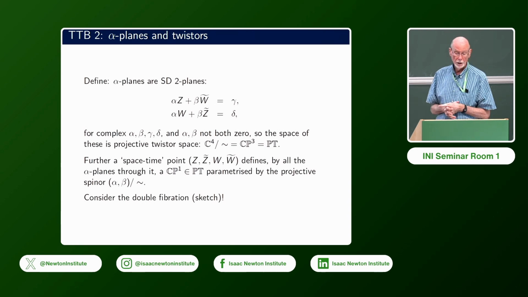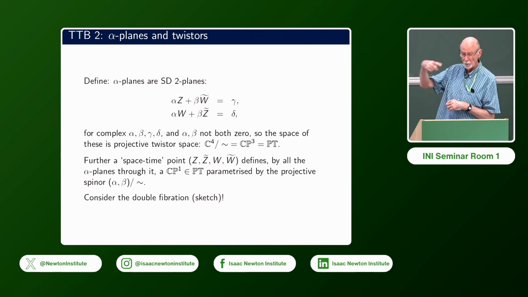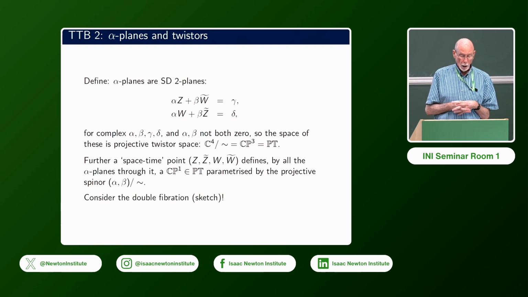And you can tell by looking at it this way how many you've got, because alpha, beta, gamma, delta, obviously, once you factor out proportionality, is going to give you an alpha plane. So that's a C4 over the proportionality, which is a CP3. And that's a bit slack because I've left out the bit when alpha and beta are both zero. But you can put them in because they correspond to alpha planes at infinity in the Minkowski space or whatever it might be. So I'm going to put up with being a little bit slack about that being CP3,